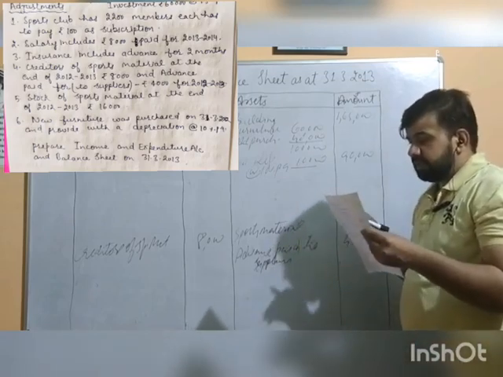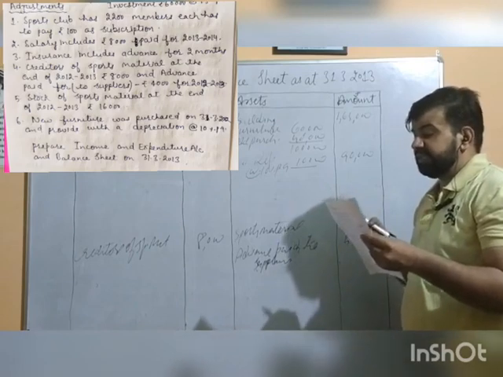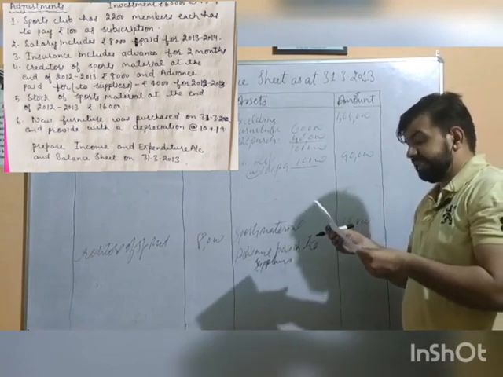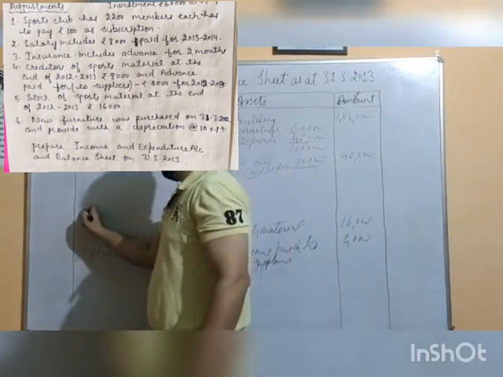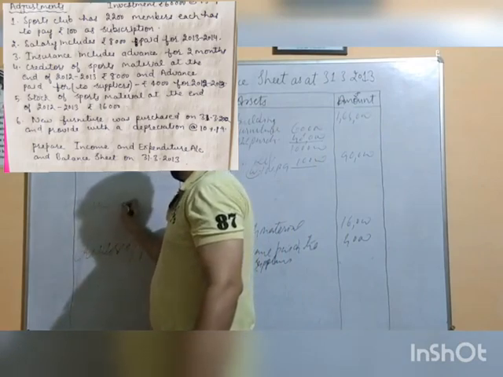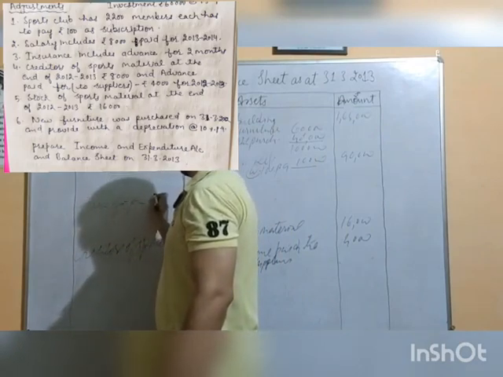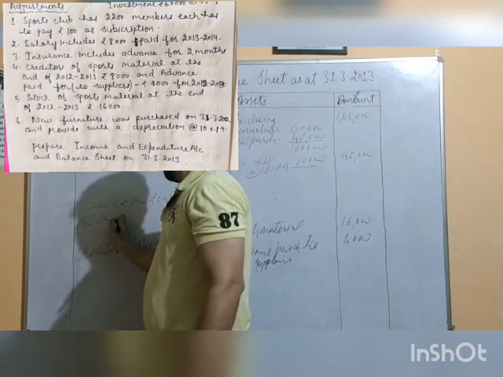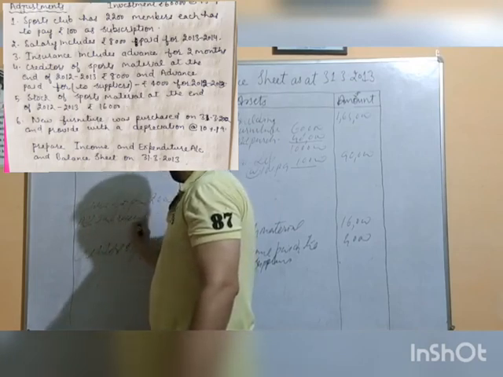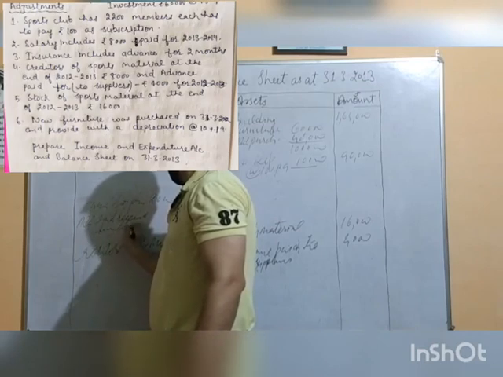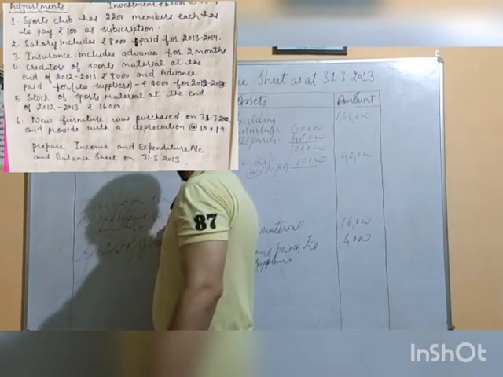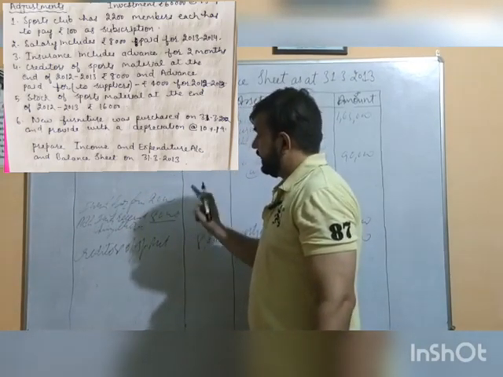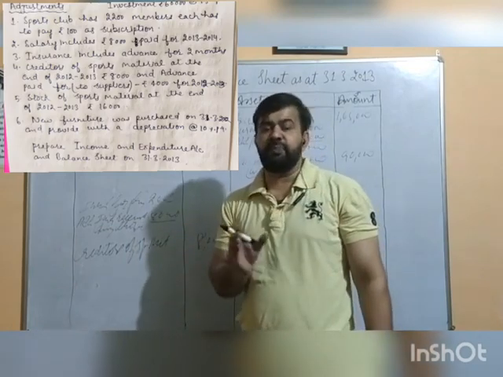Then we are having fund for playground. You know, in the beginning of the year, we have 20,000, and during the year, we received additional fund for playground rupees 80,000. So here you can show all together or separately. Fund for playground rupees 20,000. Add fund received during the year rupees 80,000. And we are not having any kind of expenditure to be incurred for any kind of playground activities, but we are having construction of playground or development of playground.